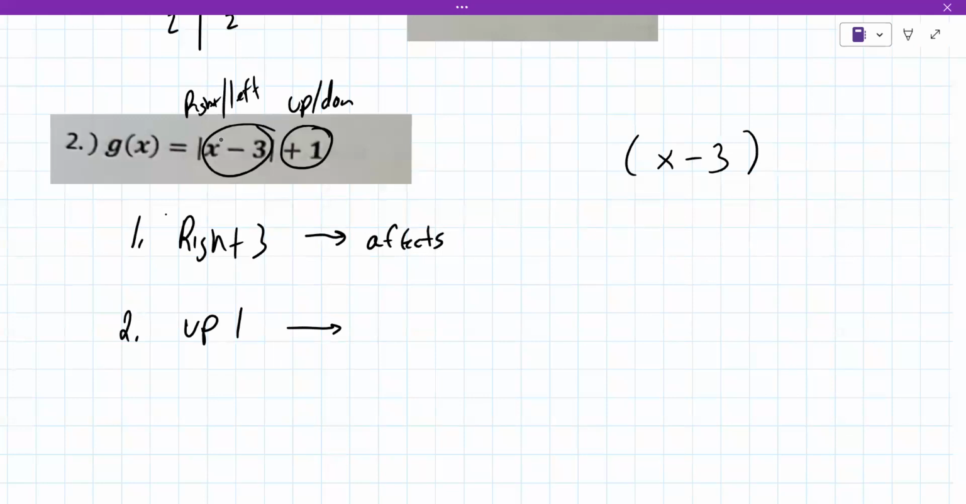The X. It affects the X. Now, how about the up 1? It affects Y. Affects the Y, yeah. And transformations only affect one or the other. Like every transformation only affects one. Cumulatively, they all affect the graph, but you have to be able to do it in stages here. And that's what they're trying to show you here. So to do that, we're going to